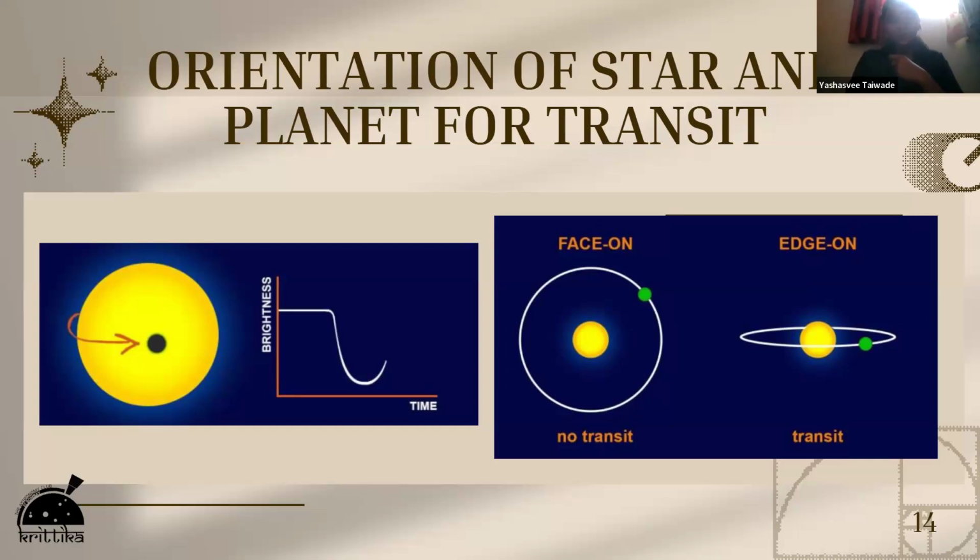And in real life also we can observe transit. We do observe a transit when Mars or Venus comes between us and the Sun, as they revolve around the Sun. At some point we do observe transit there as well. So just a real life example. All are real life ones.